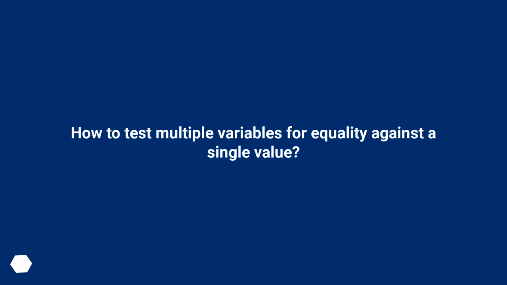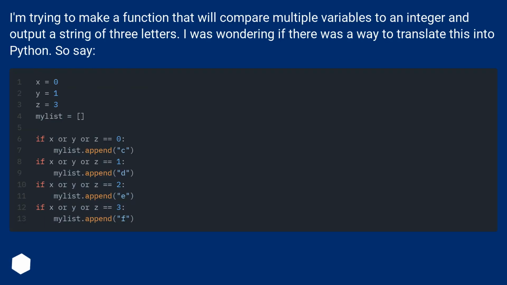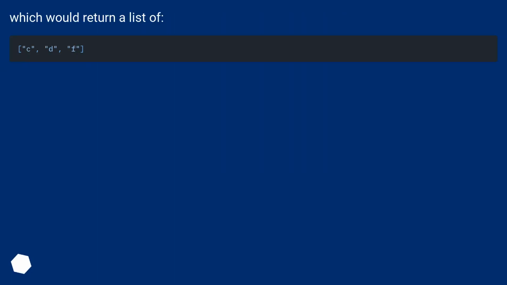How to test multiple variables for equality against a single value. I'm trying to make a function that will compare multiple variables to an integer and output a string of 3 letters. I was wondering if there was a way to translate this into Python. So say, which would return a list of